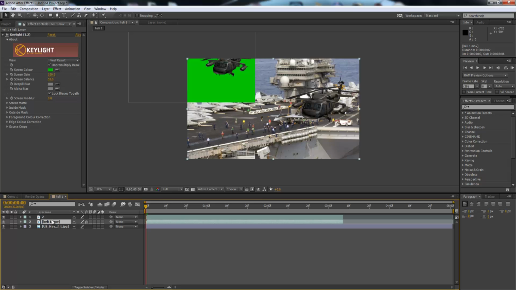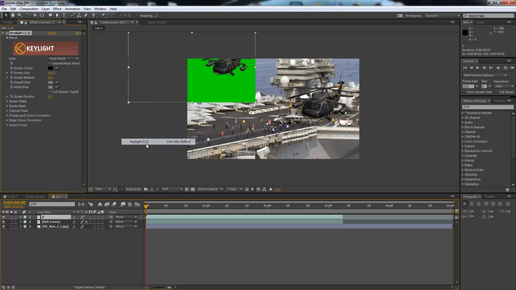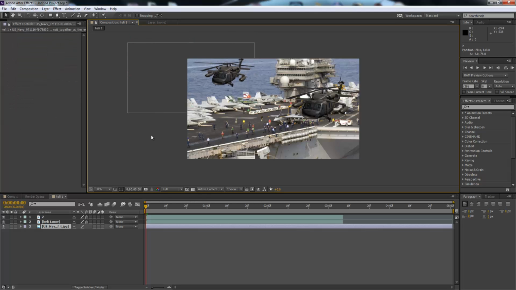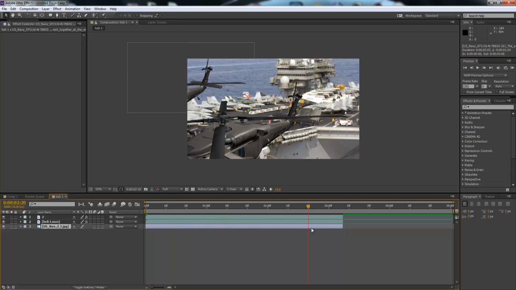Okay, so sorry, I'm just going to select my two again, right click, effects, key lights, get my blobber, hit that. So now we've got two choppers that we can basically place where we want in the scene. So now I'm just going to make this the right size. So now when we move the video, we've got two choppers sort of flying